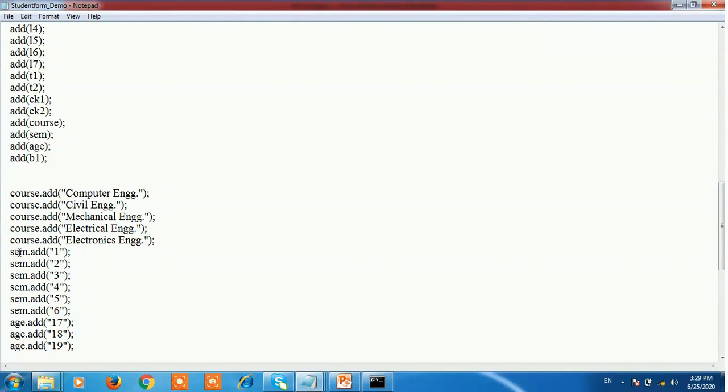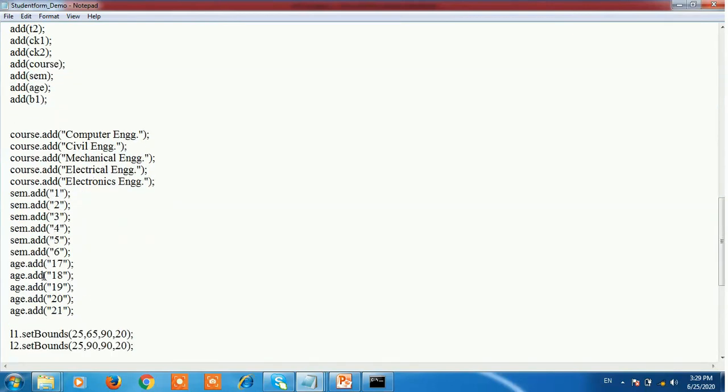After that, in the choice sem, we add the semesters, a total of 6 semesters. Likewise, in the age choice, we add the ages: age.add 17, age.add 18, age.add 19, age.add 20 and age.add 21. These items are added into the choice.